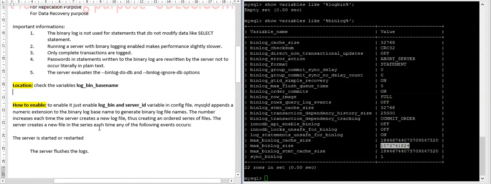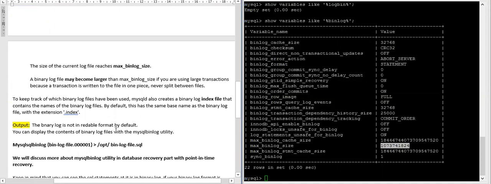Now see here, a binary log file may become larger than max_binlog_size if you are using larger transactions. If your transaction is large and your binlog size reaches 1 GB, in that case it may be slightly more than 1 GB.